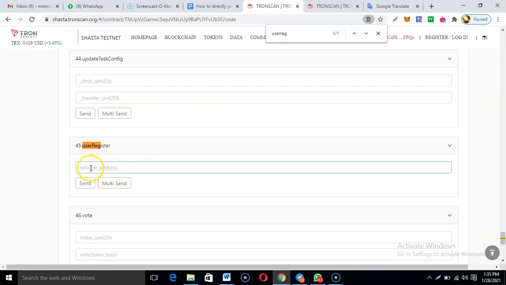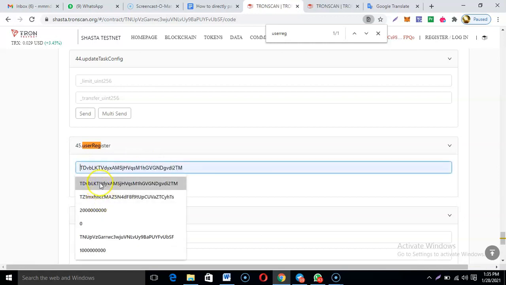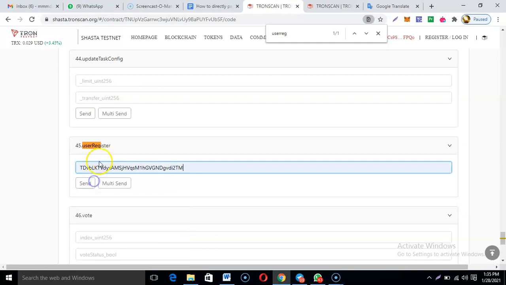So just copy the wallet address of your referral. Like this, you can just copy it. Once you copy it, paste it here, then you click on send. Once you click on send,